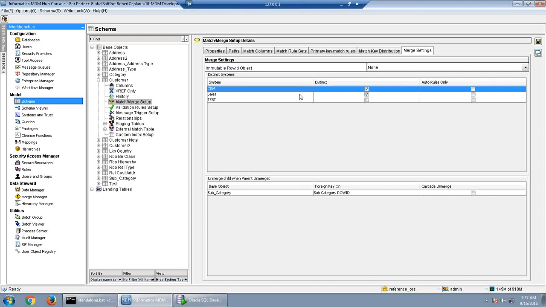So if consolidation indicator is 2, any record can get merged into any record. So CRM can get merged into sales, or sales can get merged into CRM. So both the possibilities are there. So is the difference between this immutable and this distinct system clear, or any questions on this?